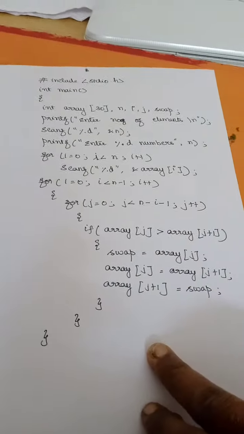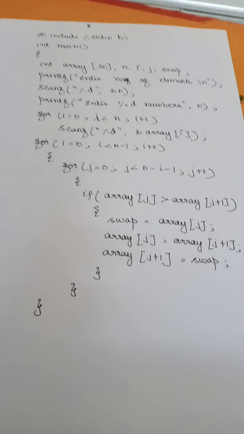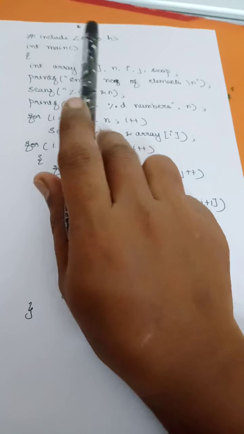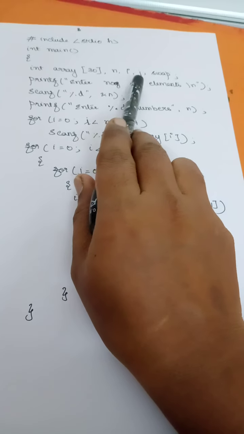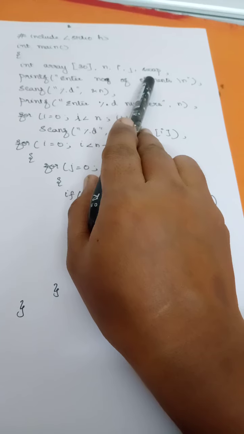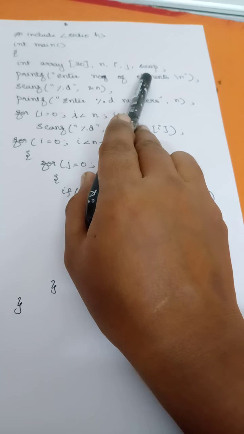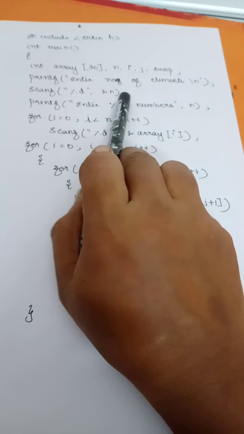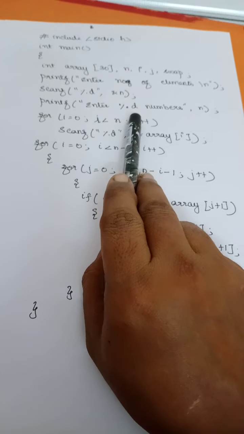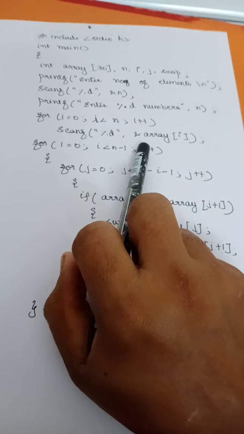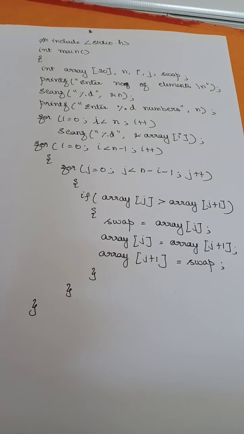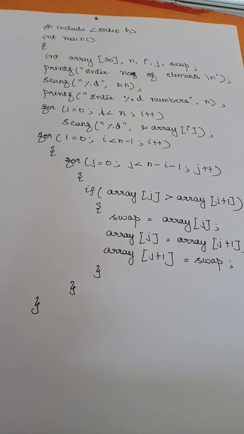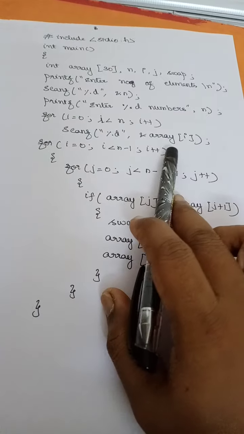It's very simple once you have understood the logic. I am going to accept an integer array, and here I am going to have i and j, and I am going to use one temporary variable for doing the swapping operation. Then here I am asking the user to enter the number of elements. So I am reading those elements into an array. There I have entered my number of elements to be 5. So I have read 6, 4, minus 1, 2, 0. I have read all the elements into an array one by one.